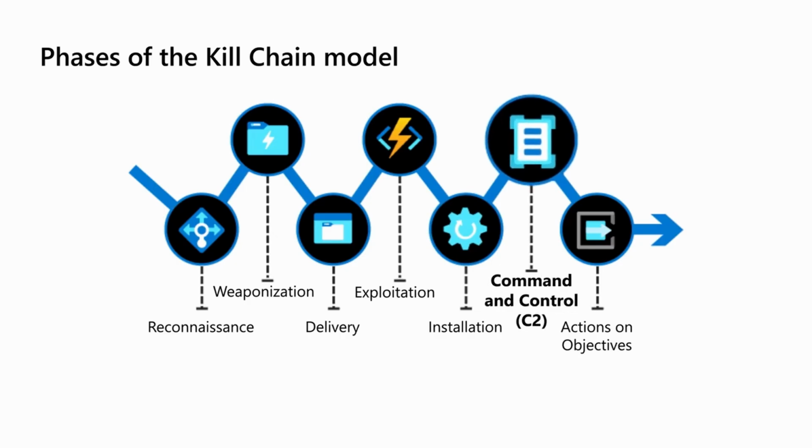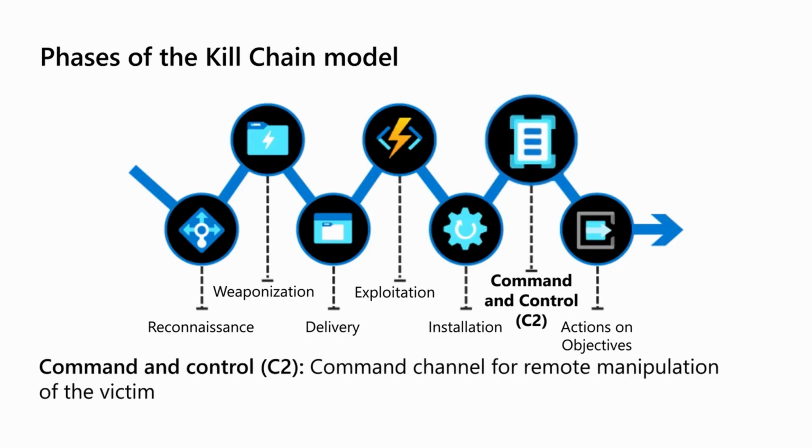In the command and control (C2) phase, attackers establish a command channel as a remote control center for manipulating the victims. This channel allows adversaries to send instructions and commands to the compromised system, enabling them to remotely control and manipulate it according to their malicious objectives. With this control level, attackers can execute actions, extract data, or launch further attacks without physical access to the victim's